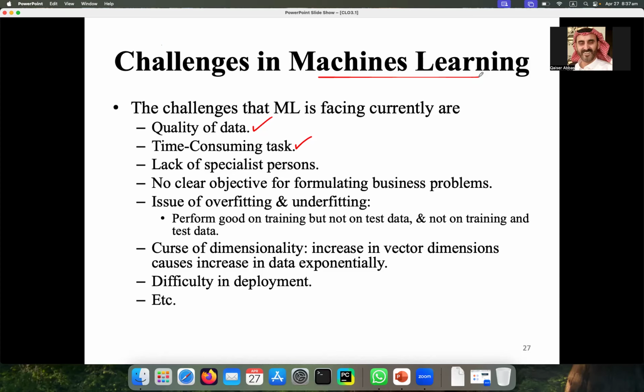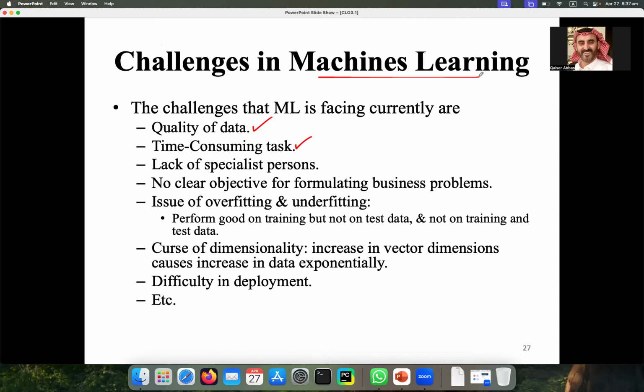During that training phase, the model will first get trained. That model will first learn from the data, and it will take time.